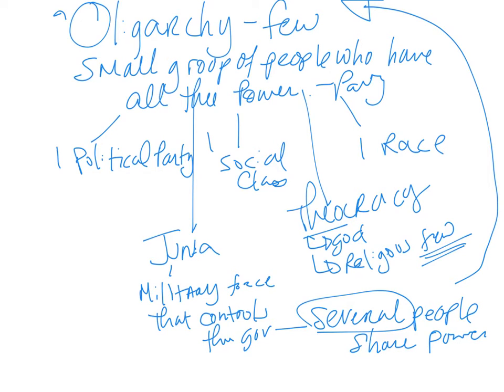The Republic of Iran recognizes Islamic law, but Iran's citizens vote to elect their leaders. Modern theocracies are usually found in countries where the population is strongly religious. You're going to look at one tomorrow known as the Vatican City, which you will see is a theocracy run by the Pope. We'll talk more about that as we go along. So these are the notes that we should have for oligarchy. Again, I want you to make sure that you know oligarchy is controlled by the few.